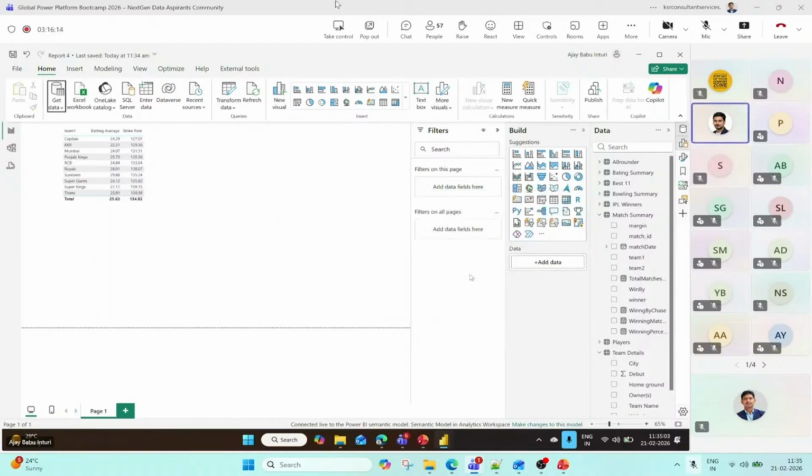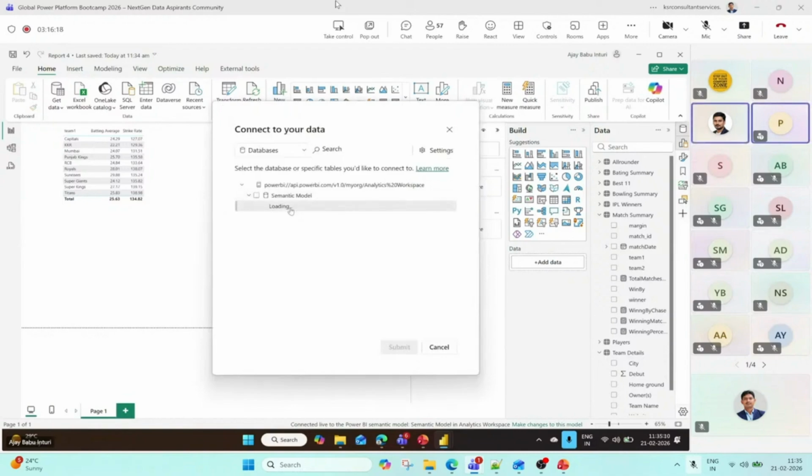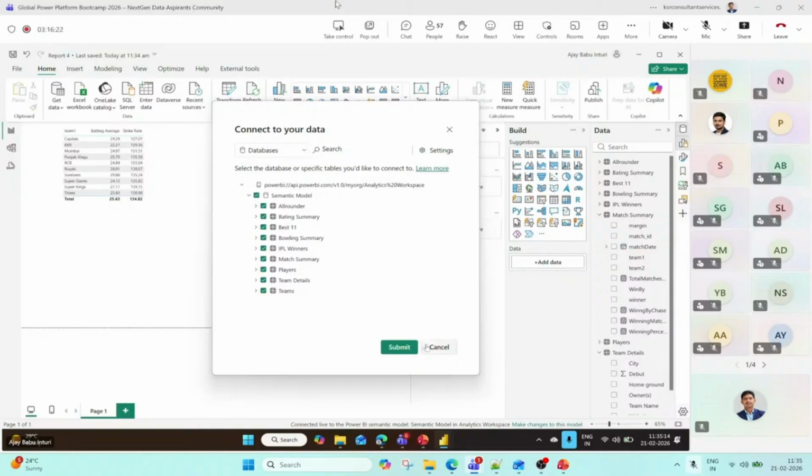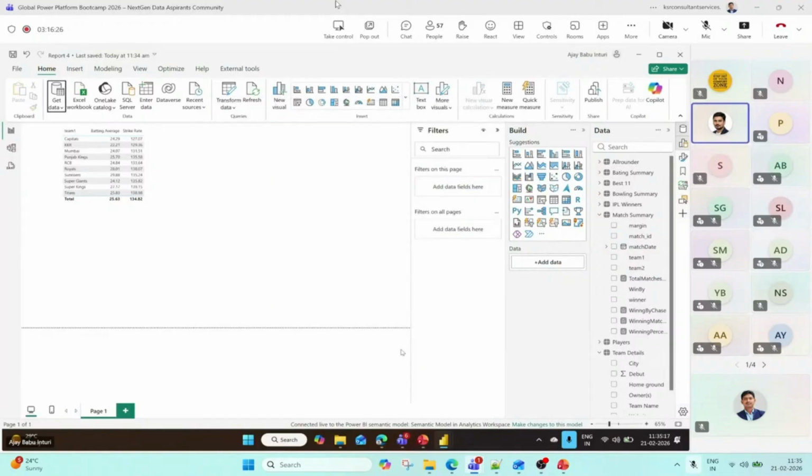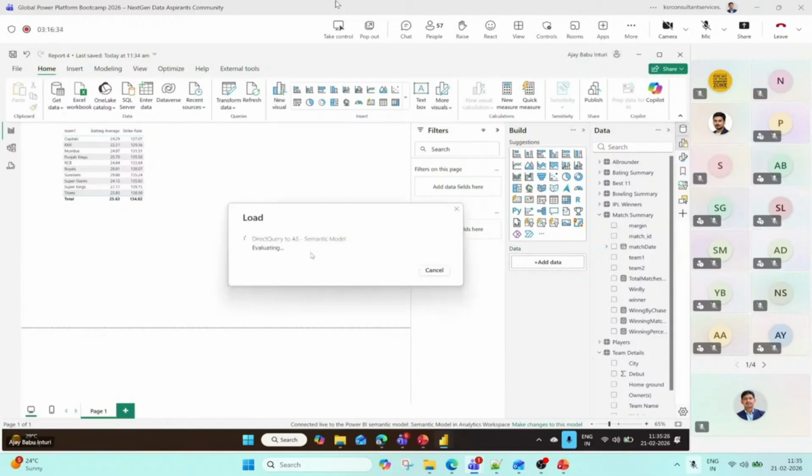Now we don't have table view here. We have to export this data as a direct query connection. So it is exporting.